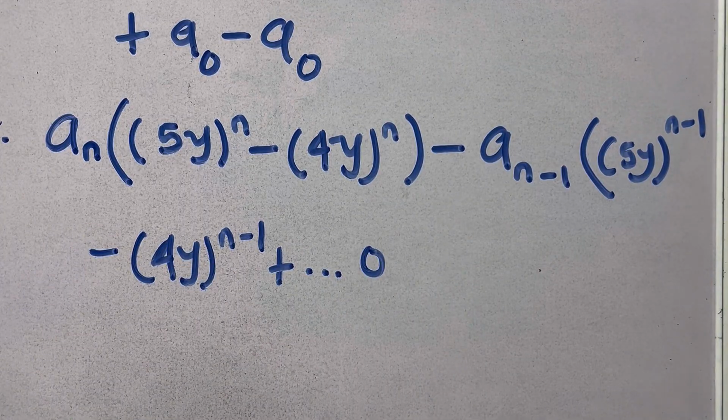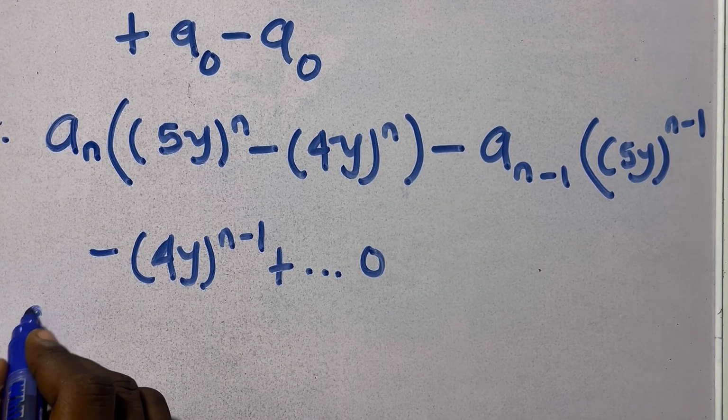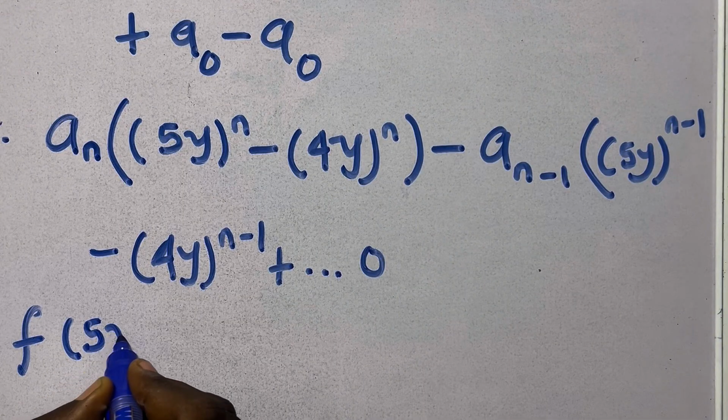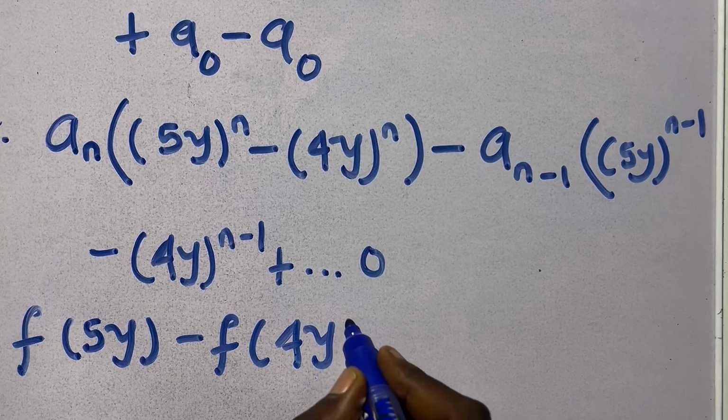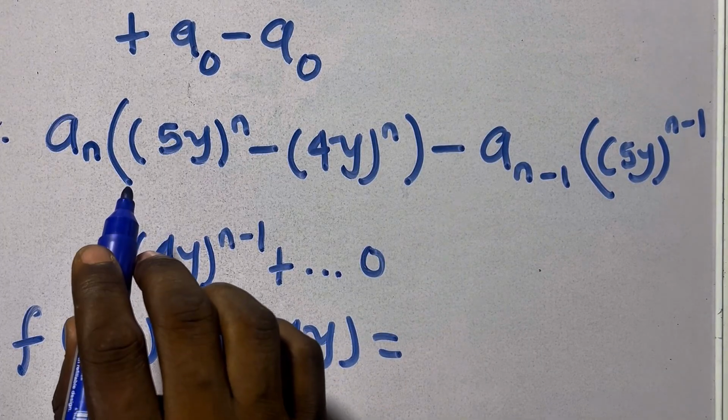All right, so therefore we have f of 5y minus f of 4y to be equal to, for this expression,